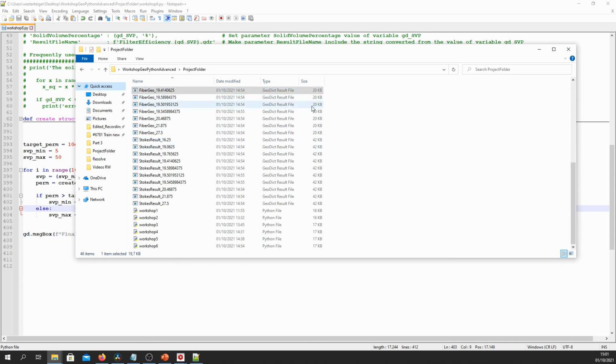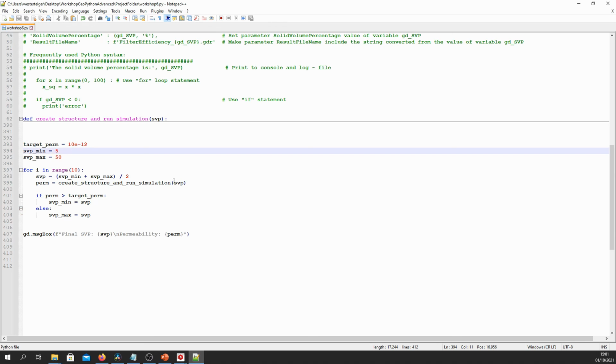And again, as I mentioned, this is a very simplistic approach, but in cases where you have really a monotonous behavior between the input and the output variable, this can save you a lot of time in getting a structure with properties close to your target properties. Because otherwise you would probably be doing a grid search. So as we did earlier, just test different SVPs in regular intervals, and then after all your simulations are finished, you pick the one where the permeability is closest to your target permeability. But this is a much more intelligent approach if there's such a monotonous behavior, and it gets you much closer to the target value with less steps, possibly.